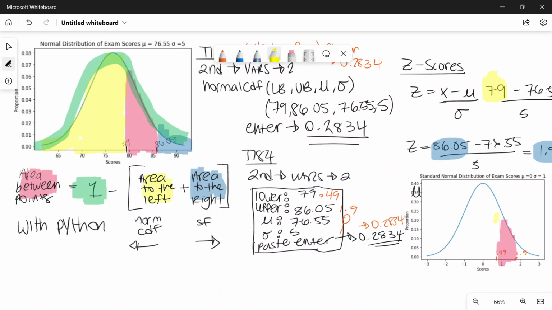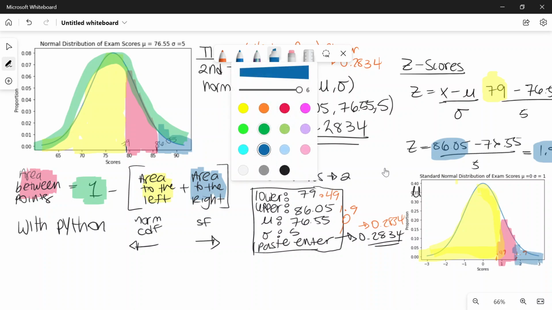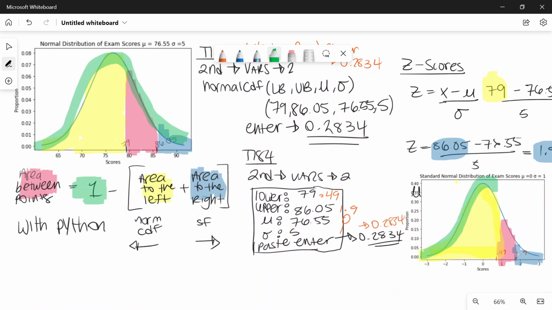And it's the same idea. Whoops, that's really bad. I feel like color coding always makes it easier for me to understand things when I can visually see stuff, even though I'm not doing a really good job at doing this. Anyway, so this is the standard normal distribution, and I'll go ahead and do this with z-scores. So this is the standard normal,